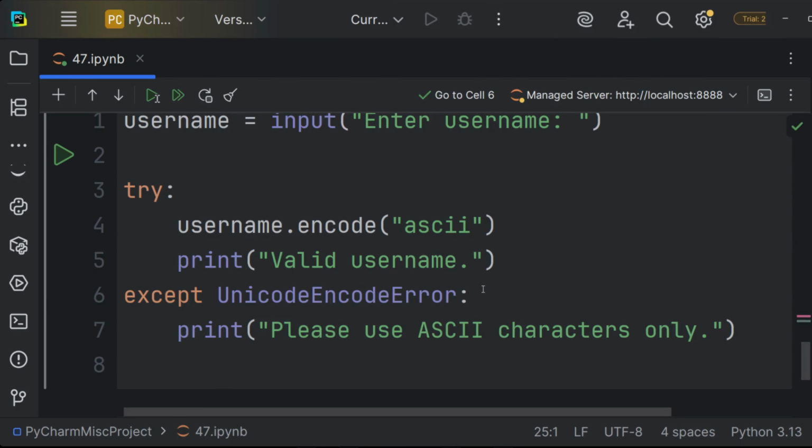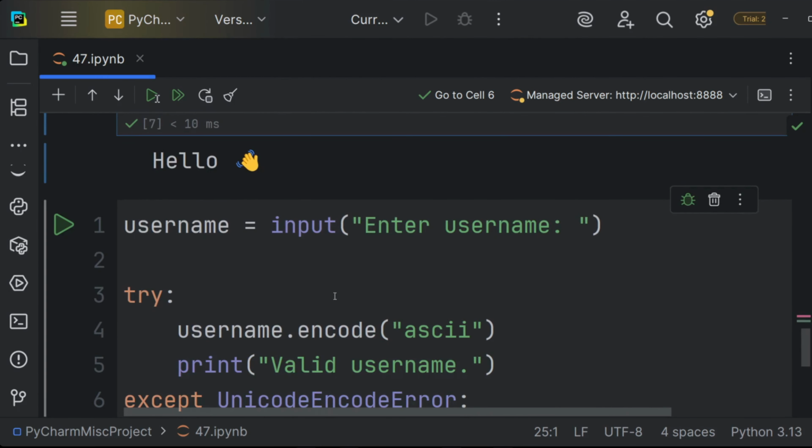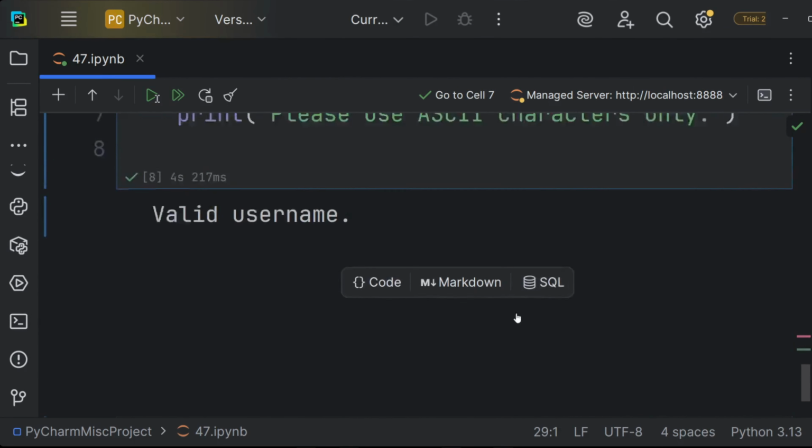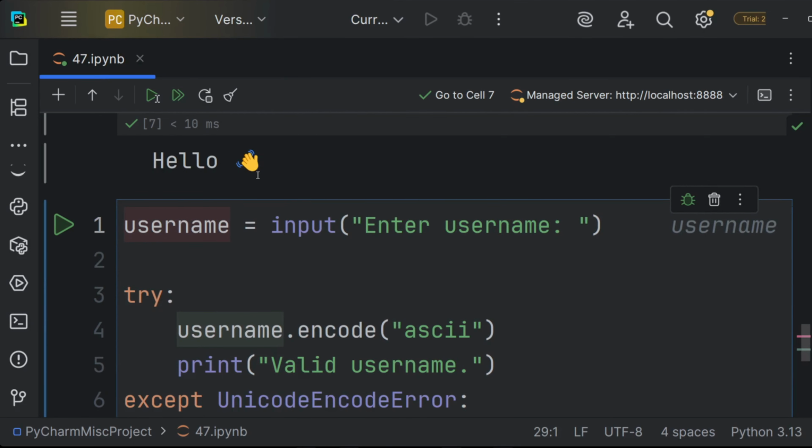If a user typed Unicode values, then we're going to tell them, please use ASCII characters only. And as you saw before, the try and except makes it crash safe and user friendly. So when we run this code, let's type Sairam, and it gives us a valid username.